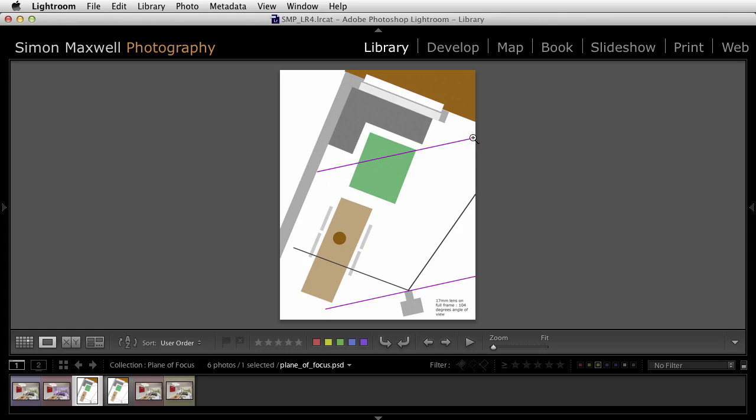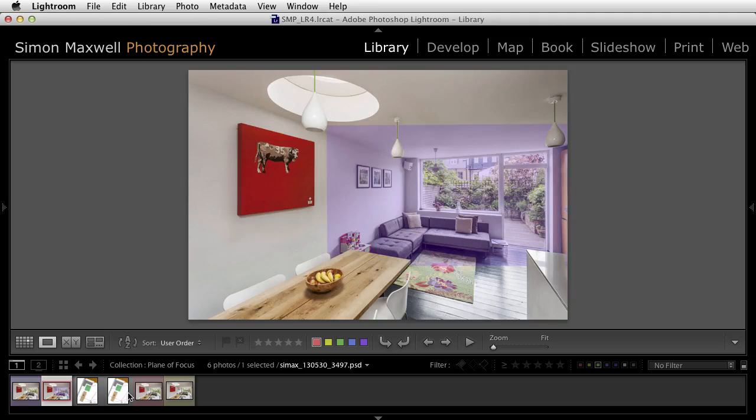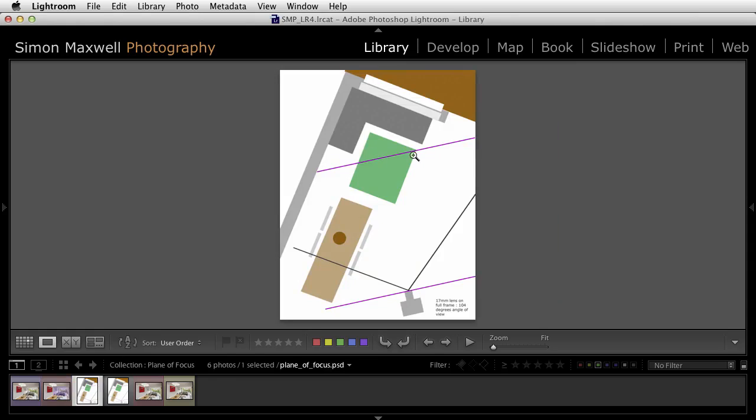Now, I use that word very deliberately. In plan, it looks like I'm focusing on a line, but actually it's a plane. It looks more like this. So anything on that plane that runs through the scene is potentially as sharp as possible if I focus on that plane. And that plane is going to be parallel to my camera back and my lens,